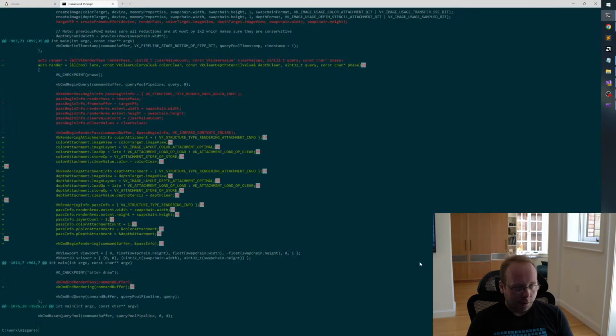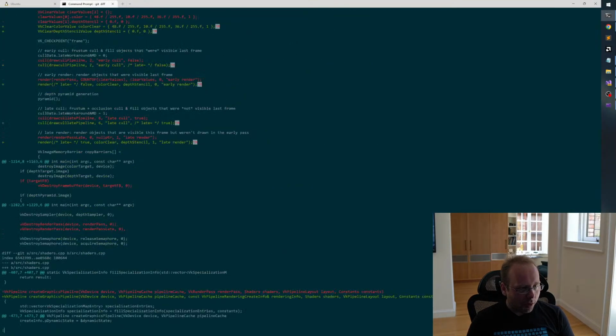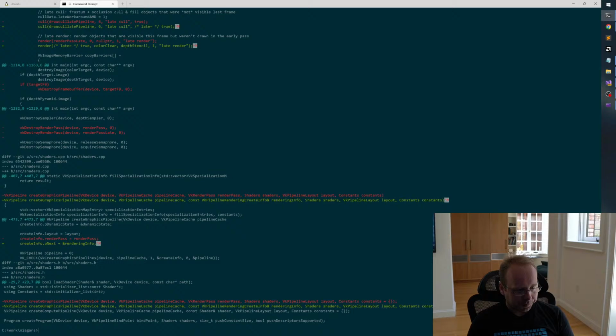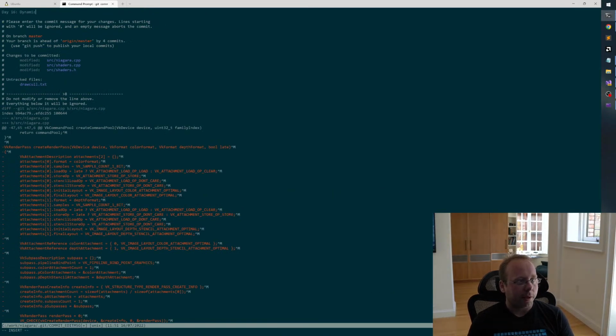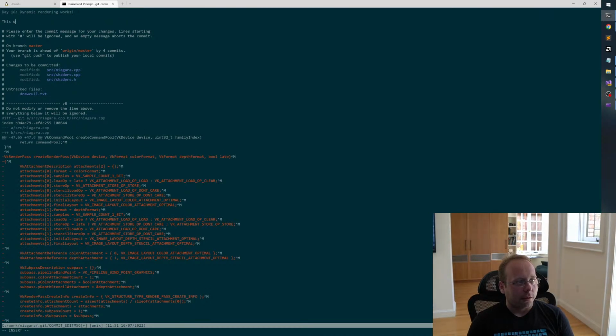All right. So let's commit this. Day 16, dynamic rendering works. This is great. It works well. It's as fast as render passes. We don't know if there's a GPU cost, but let me tell you, there's no GPU cost. Definitely not on this GPU, and in general,